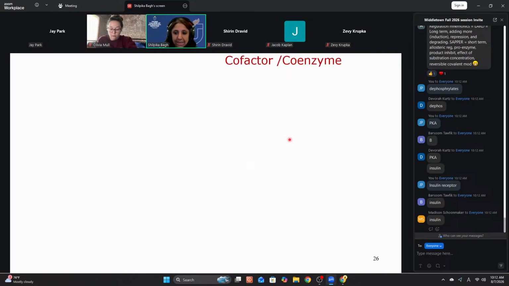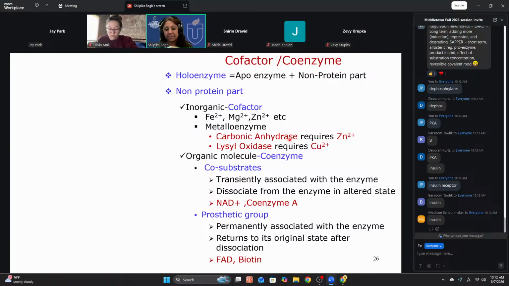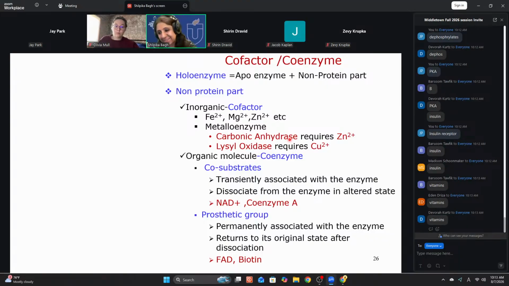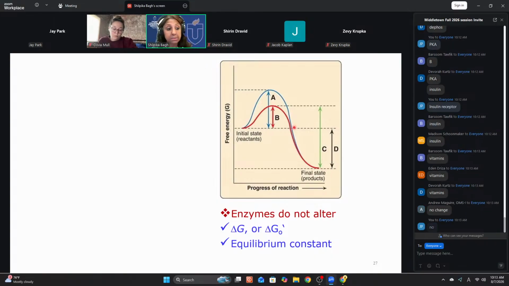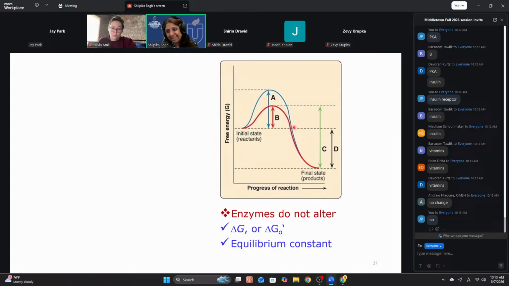Enzyme kinetics. As I told you, don't jump to the inhibitions, clinical examples. First, enzyme protein, non-protein parts. So non-protein parts as coenzymes, what are the examples? Who are coenzymes in your body? Are there any nutrients that act as coenzyme? Which nutrients act as coenzyme? Vitamins. Keep a close eye on your vitamins. Yes, enzymes act by lowering activation energy. But what about the overall Gibbs free energy? Is it altered by the enzyme? No. So some things are altered by the enzyme, some are not. Keep a close eye on that, please.